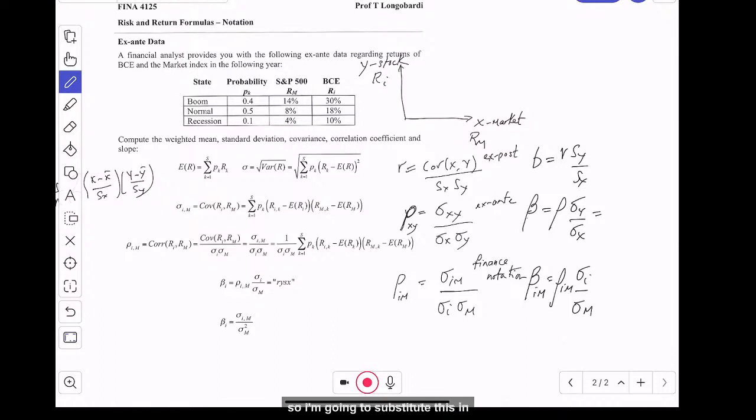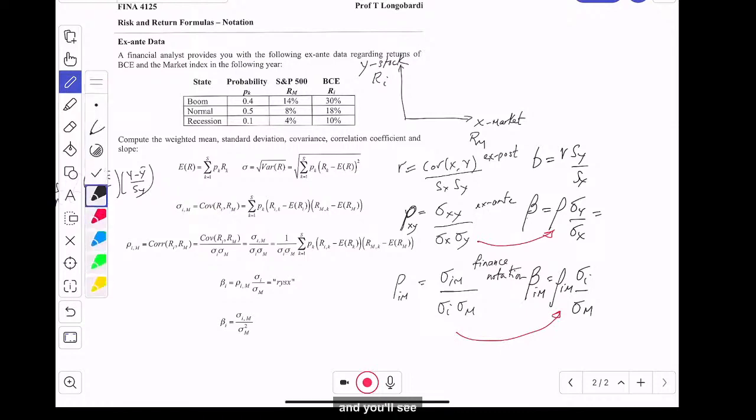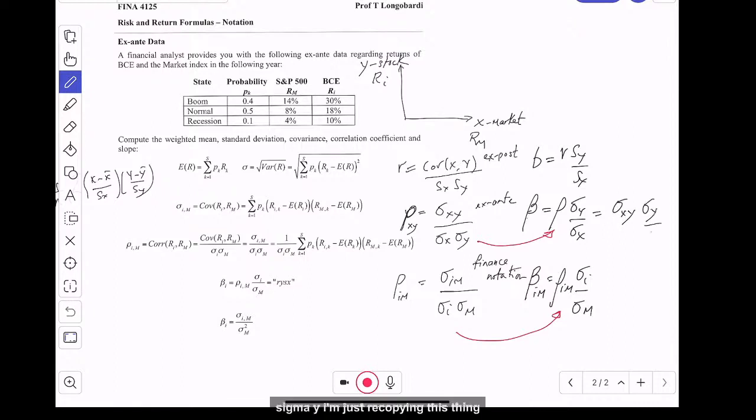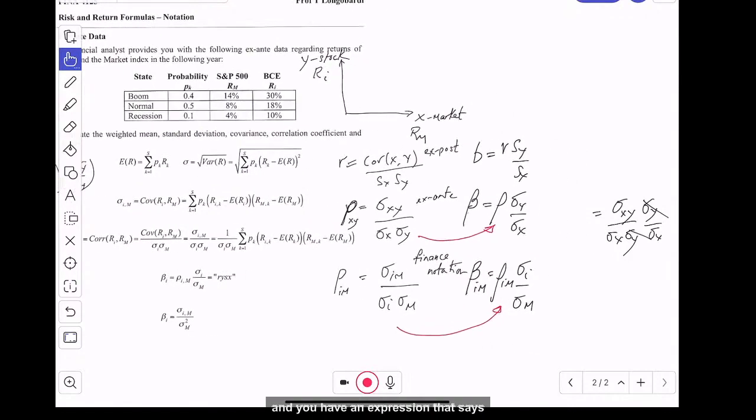So I'm going to substitute this in. And you'll see this will give sigma xy, so the covariance, sigma y, I'm just recopying this thing, but then sigma x, sigma y. So these two cancel, and you have an expression that says